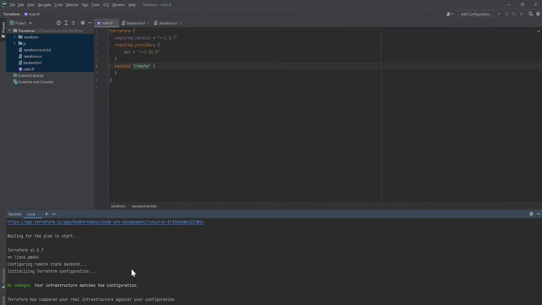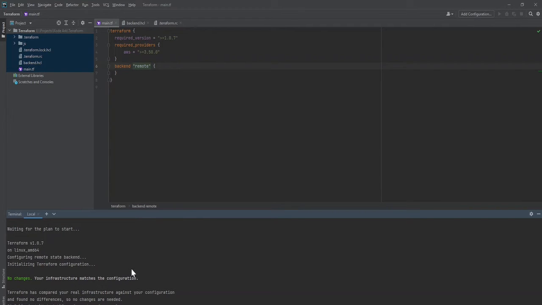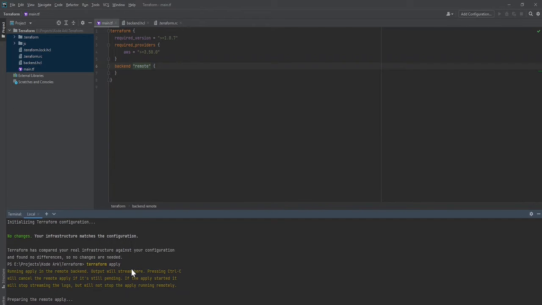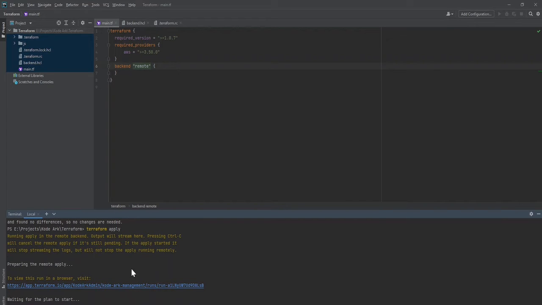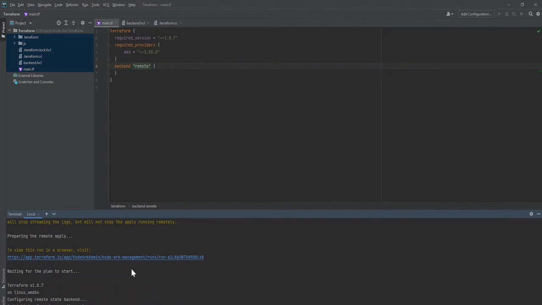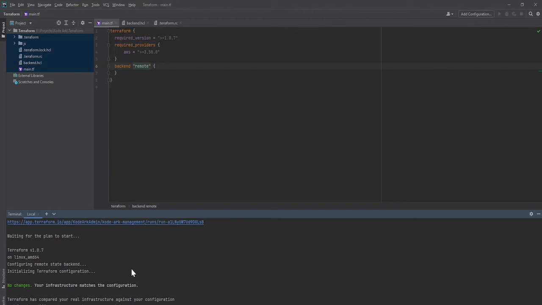The main command is terraform apply, which creates or updates your infrastructure based on the configuration provided. When we say terraform apply, as of now there's no configuration, so it won't do anything. But when you say terraform apply, it means it's going to run your code, it's going to run your script. Basically, it's always better to have a terraform plan run before terraform apply. No changes detected because I have not provided any configuration.